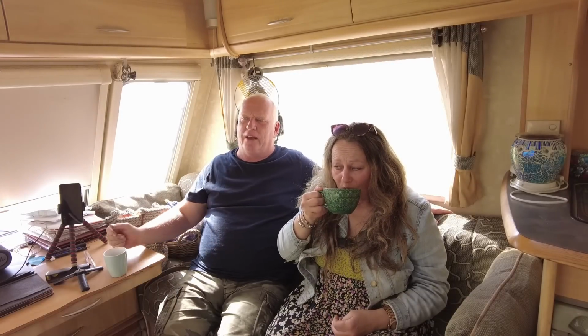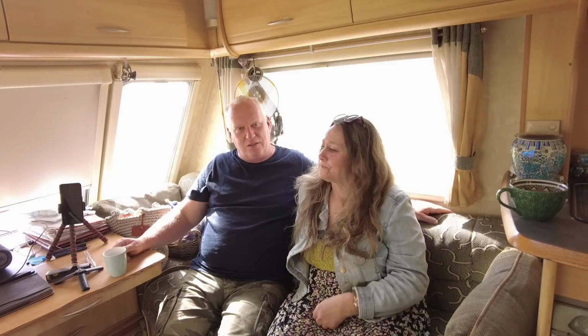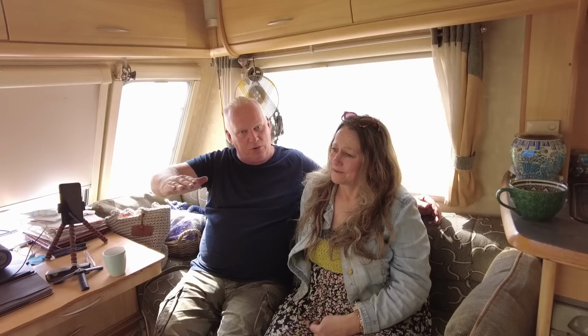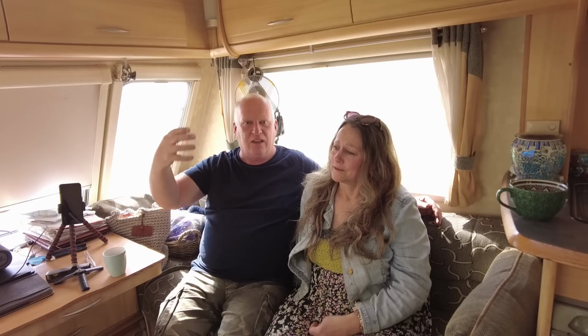So that's the road we're going down now. So that's what we're going to be focusing on for the next few weeks, is the windows. And we'll try and slot in some gardening segments, so you can follow us along on our garden and how it's going forward as well, because we're going to try and put in 2 or 3 hours twice a week after we've done work in the day here into the garden as well,